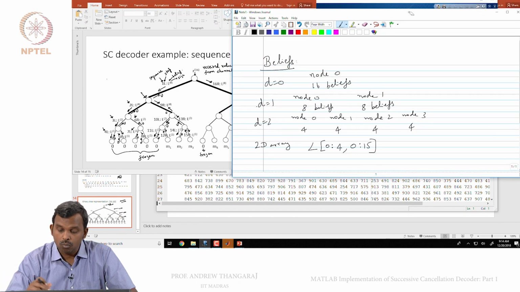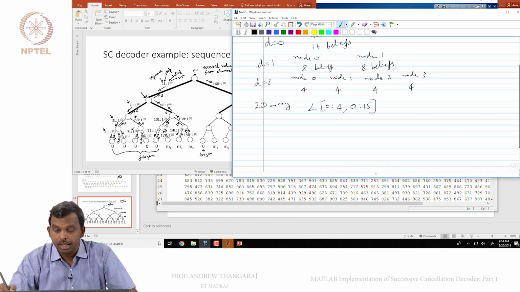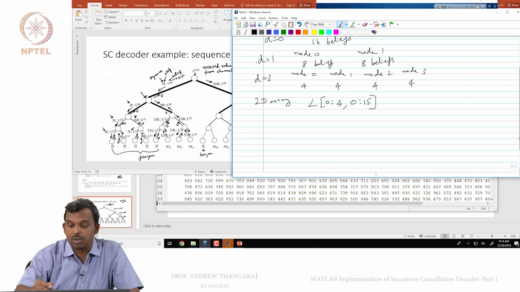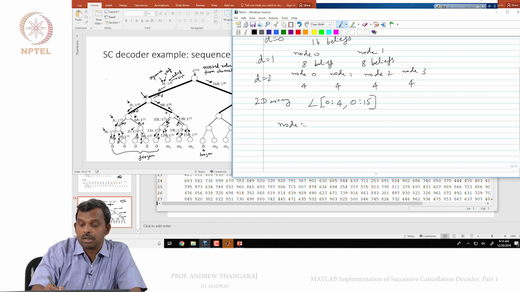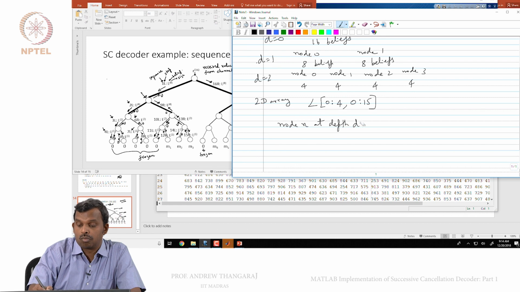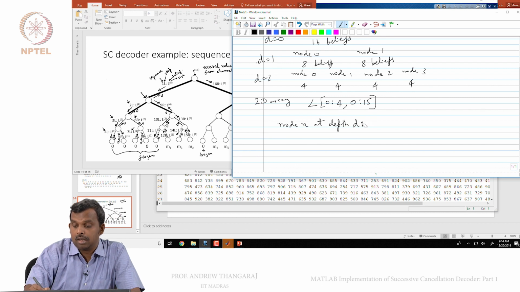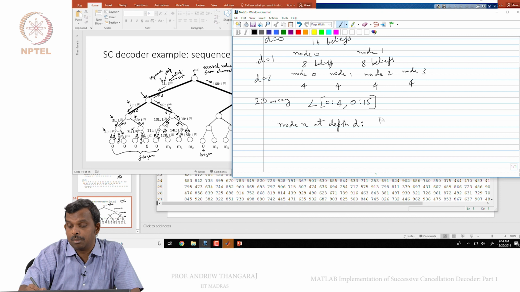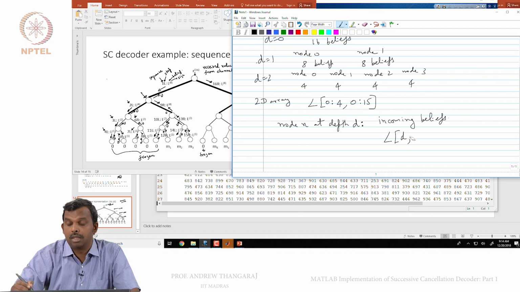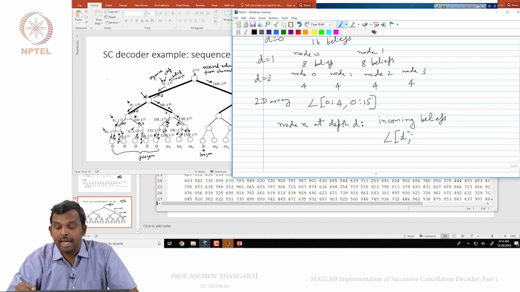That's important. Once you store these beliefs, you can associate the nodes with them. So for instance, for node n at depth d, its incoming beliefs are in L of d comma, and for node n it will be